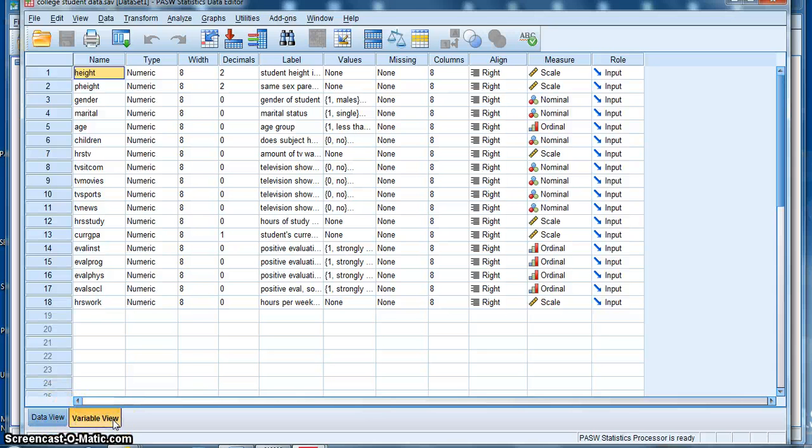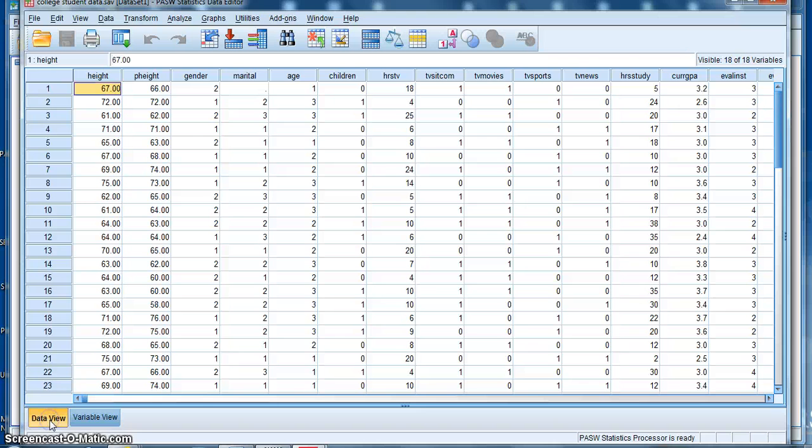Check to see if you're in variable view, which would be the tab on the right highlighted, or in data view, which would be the tab on the left with the data showing. So I'm going to show you how to run a simple correlation analysis. To run a simple correlation analysis,